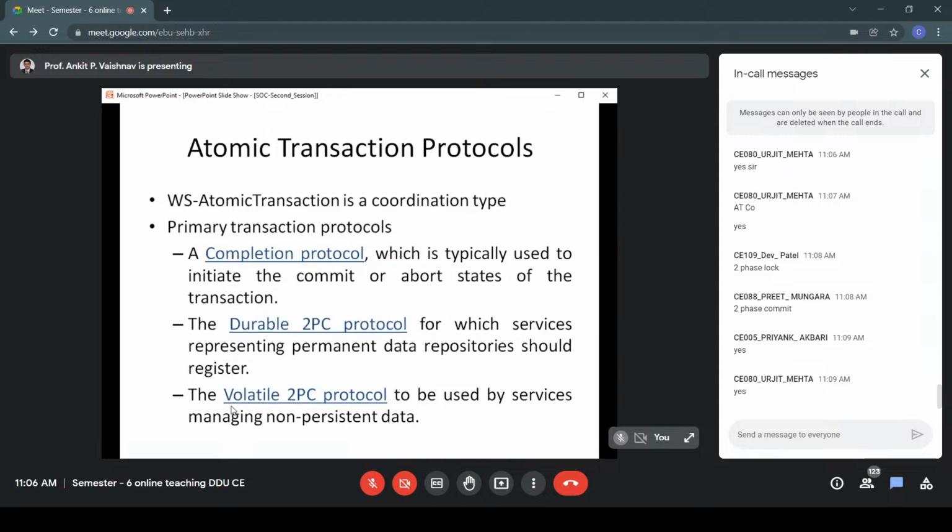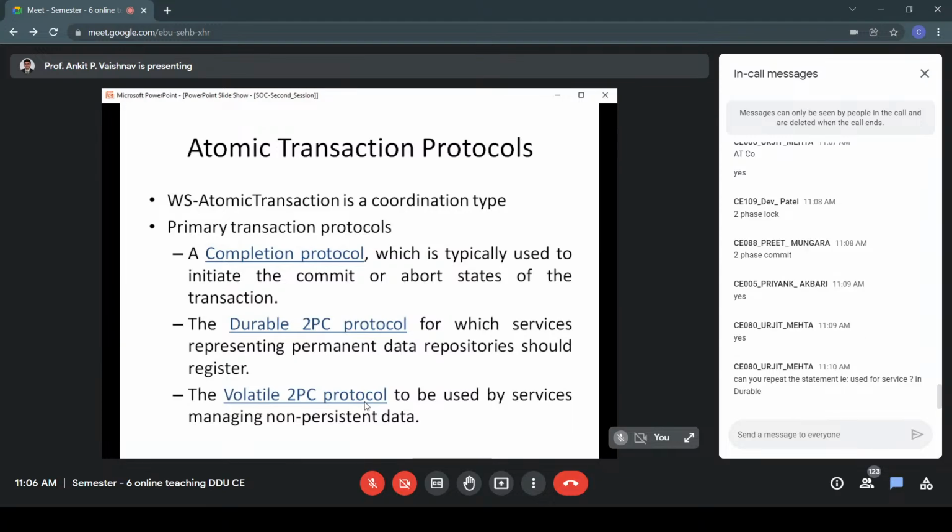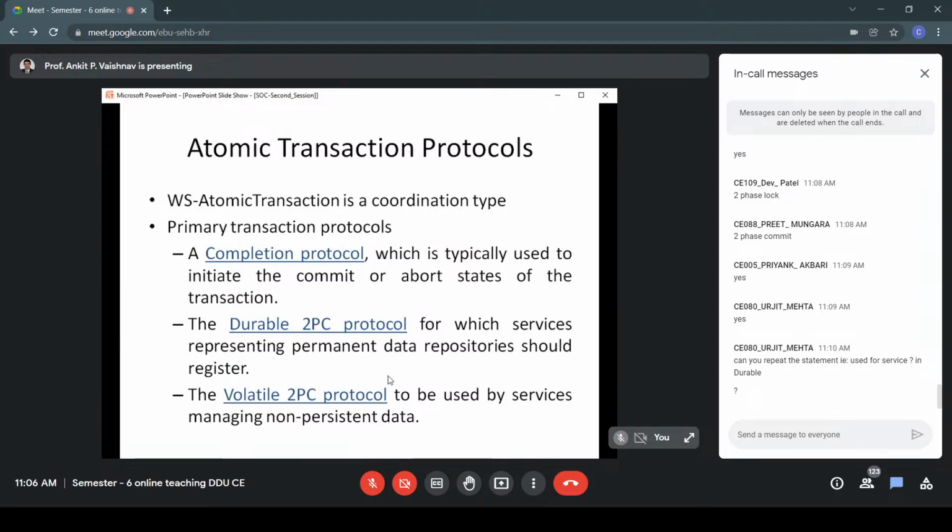So in that case, if you have such a service which is managing non-persistent data, that should register for volatile two-phase commit or volatile two-phase protocol. Is that fine? Is the difference clear? Durable two-phase commit and volatile two-phase commit, right? Yes, yes. Statement used for service for durable. Yes, yes. So for durable,